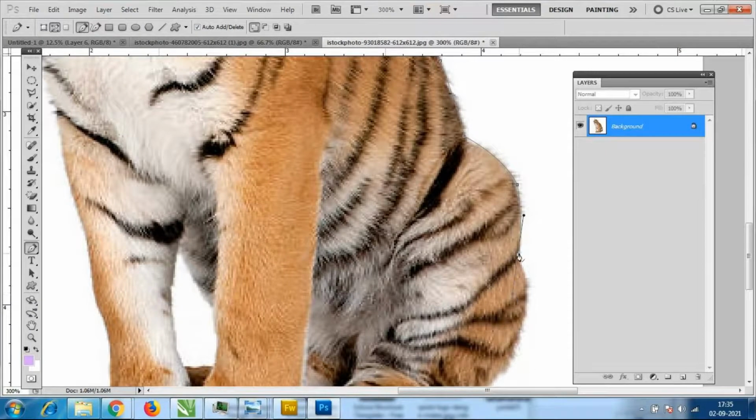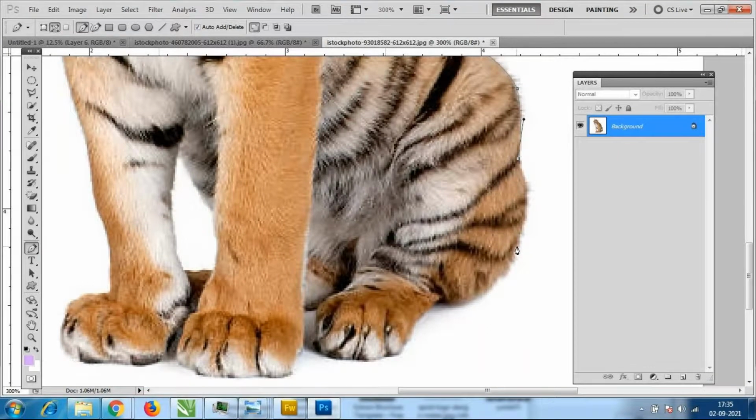See, alt and left click, please write it down. If you're not able to understand this option, see, now here I have put one point and one point here. I can give it wherever I want. I will select this one and look, I'm completely bending. So I want this shape. Otherwise you can add one point near to this. You have to take it a little inside, because I don't want this blurry kind of thing on the outside.